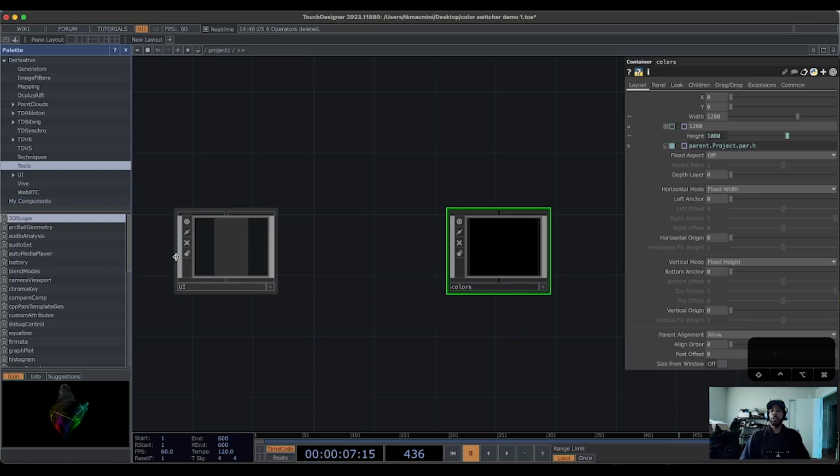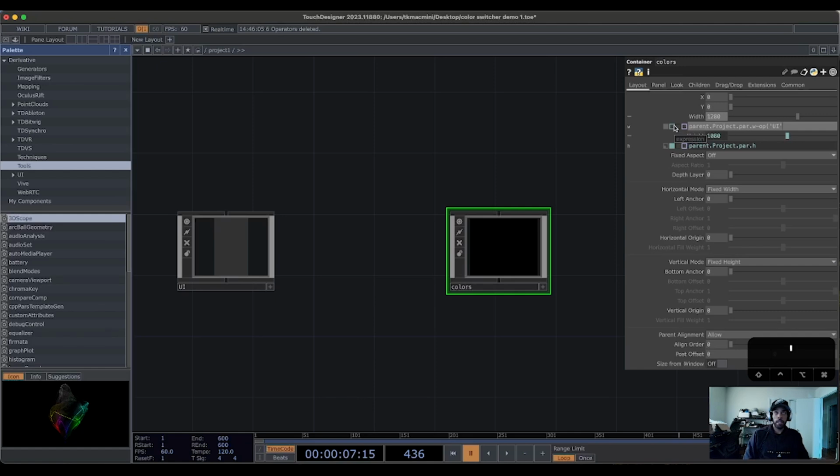So the way that we could do that here is we are going to go to width, and we're going to type in parent.project.par.w, which is the width of the parent. So that's the width of the full container. And then we can subtract the width of